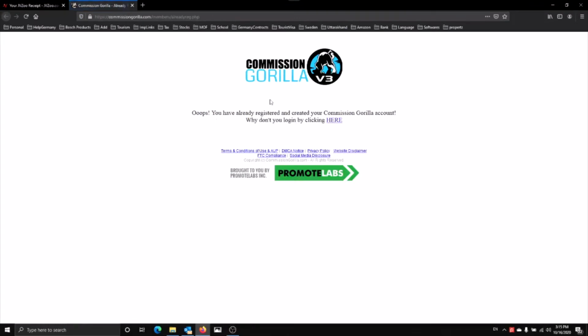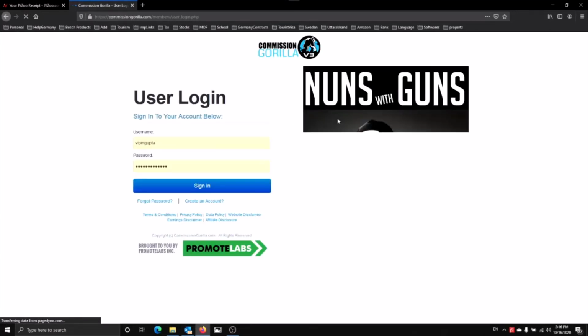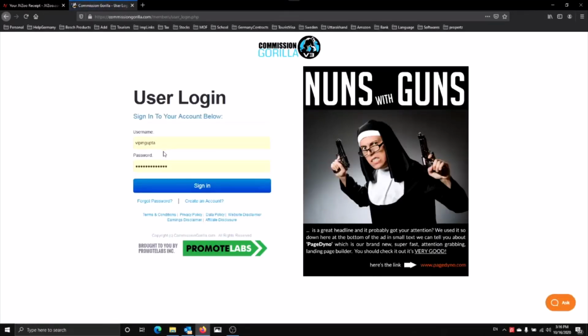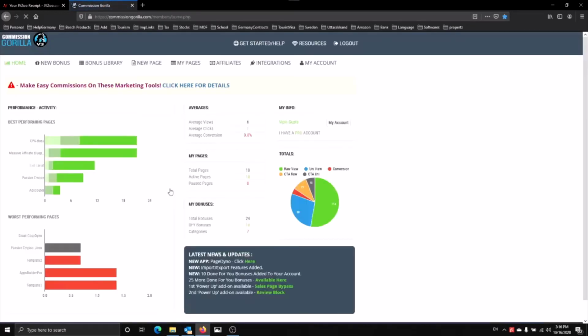It will take you to this page and say click here. I already have an account, that's why it's showing me like this. Otherwise, if you do not have an account, it will ask you to create your own username, password, retype your password, and probably also your email ID. You just have to insert all of that information and click sign up. Once you sign up, you will see such a dashboard.